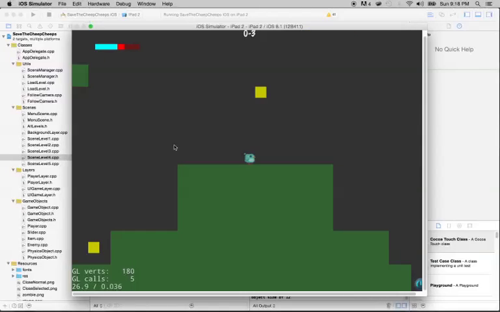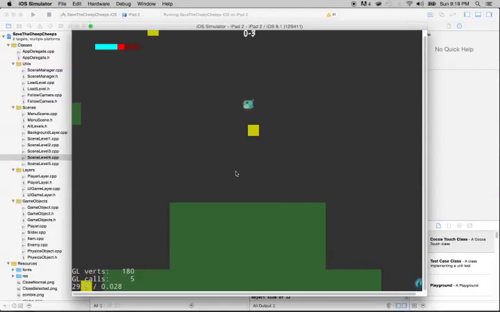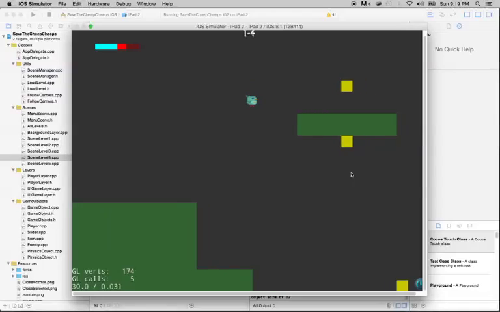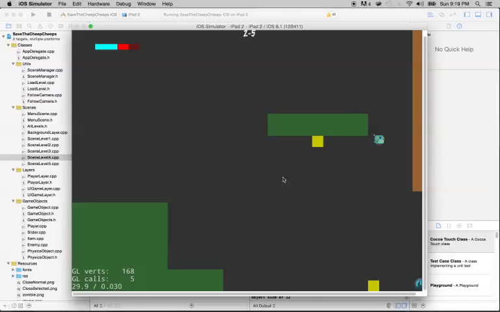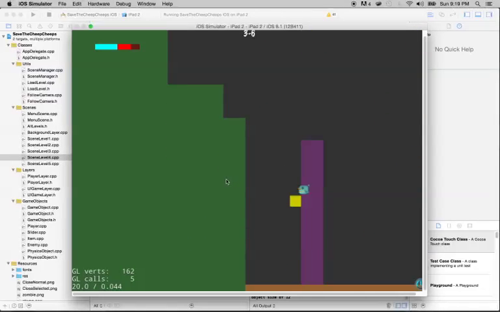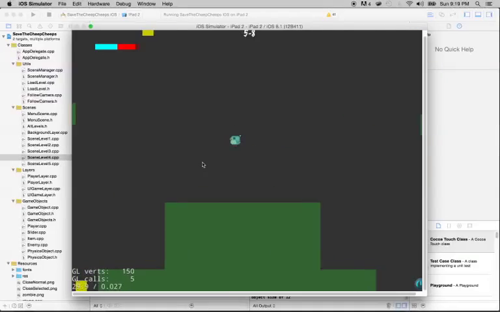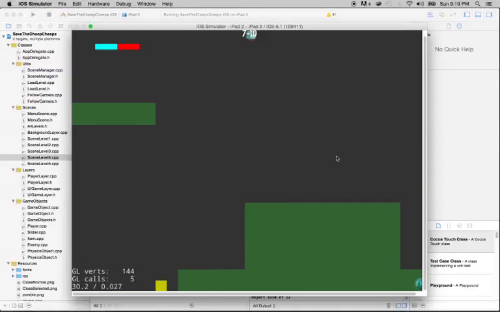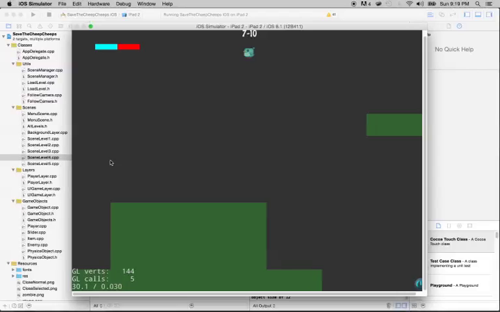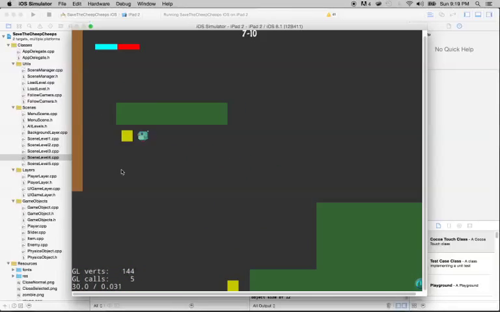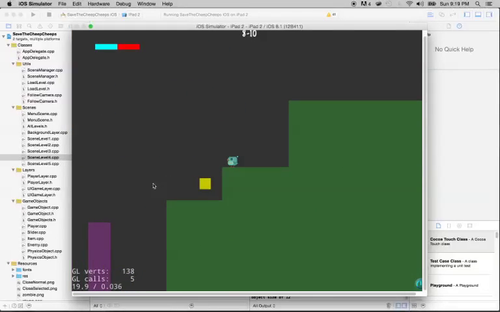And I'm going to go to the next level. In this level I just have to collect the coins. It doesn't have a gate. And you can see those are just temporary levels. They're nothing final, just for me to test some of the game logic. And you can see the next level actually has a very simple boss fight. It's just like a little sprite guy